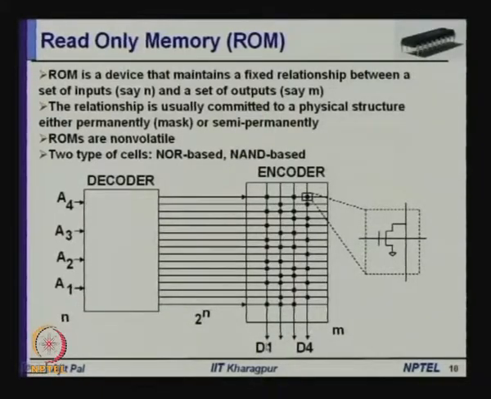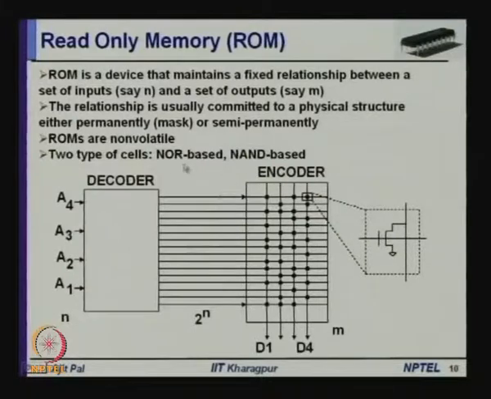So, it is acting as a kind of combinational circuit, and at the time of fabrication at these junctions, between the encoder and decoder part, at these cross points, you can have a transistor or you may not have a transistor, depending on what you are writing, and this is permanent. So, this is the typical mask programmable ROM. So, at the time of fabrication, you will fabricate a MOS transistor or not fabricate, and this is actually known as NOR based